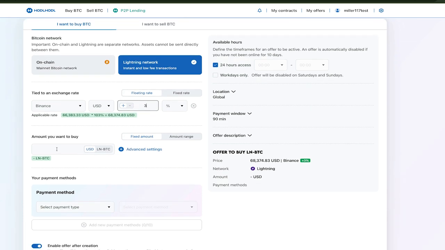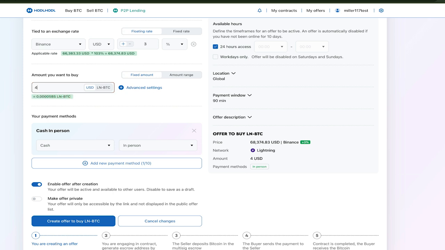We'll come down and we select the amount we want to buy. Fixed amount, as it says, is a fixed amount of Bitcoin that you want to get. And an amount range states from what amount to what amount you want to buy. I want to buy a fixed amount of 40